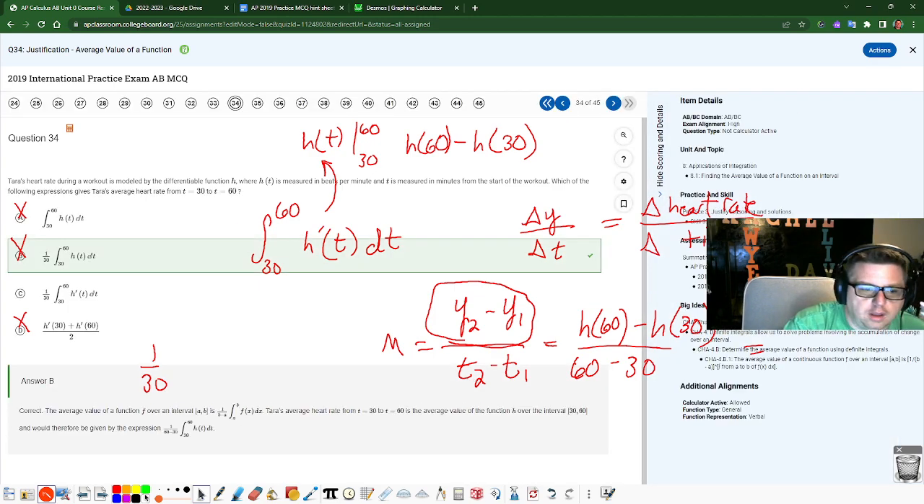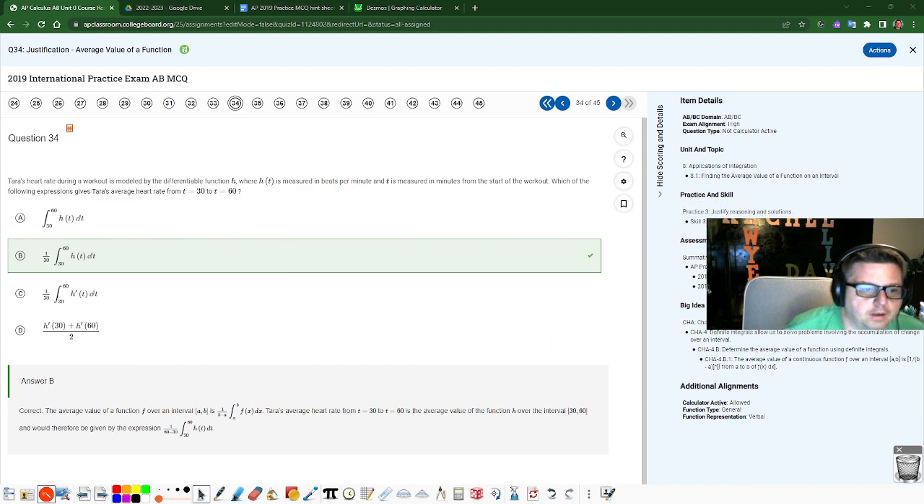What? No way. What is that? That's interesting. What did I screw up? Wow, I thought it was good. The average value of the function f over the interval from a to b is 1 over b minus a, yeah. And then Tara's average heart rate from that. The average value of the function h over the interval from 30 to 60 would therefore be the expression